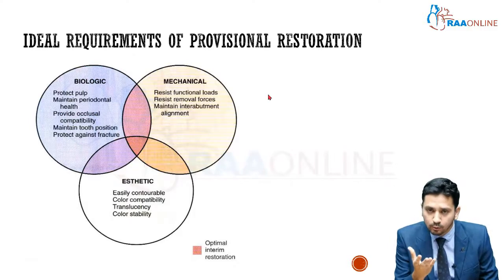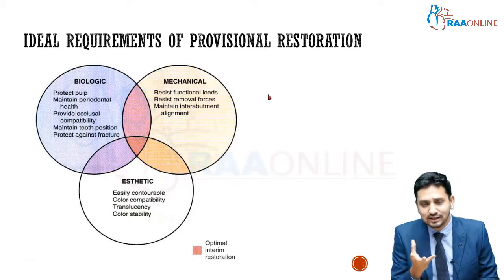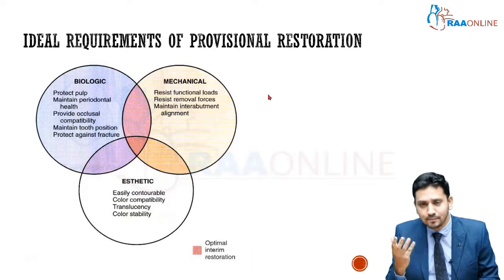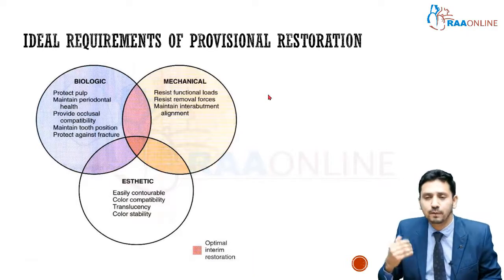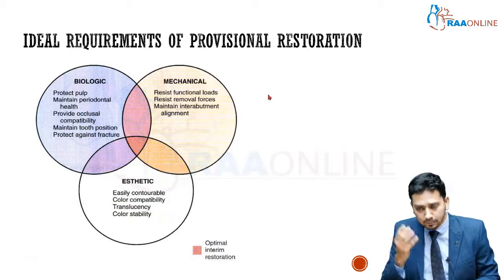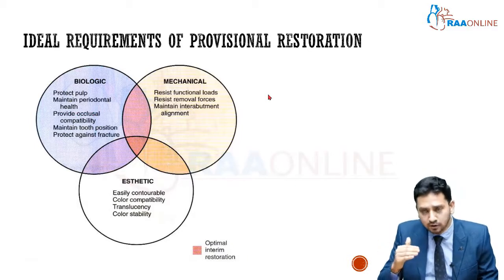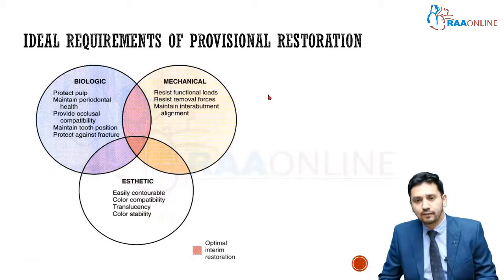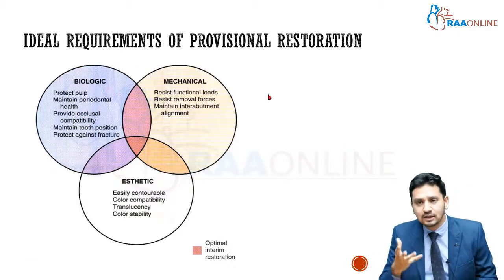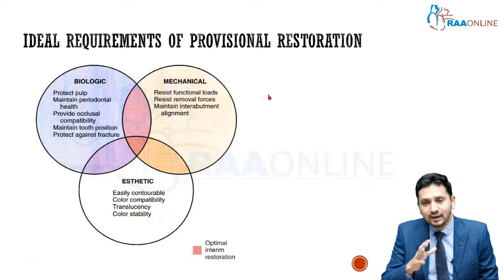And under aesthetic, because of the scenario that I explained, that there was a missing 1-1, it is not aesthetically pleasing. So when you again prepare the tooth, the natural tooth has also lost its shape, and this will reduce the aesthetic impact for the patient. So the provisional restoration should be provided to improve the aesthetic results of your treatment, and then it should have good color compatibility such that it should not look bizarre on a patient.